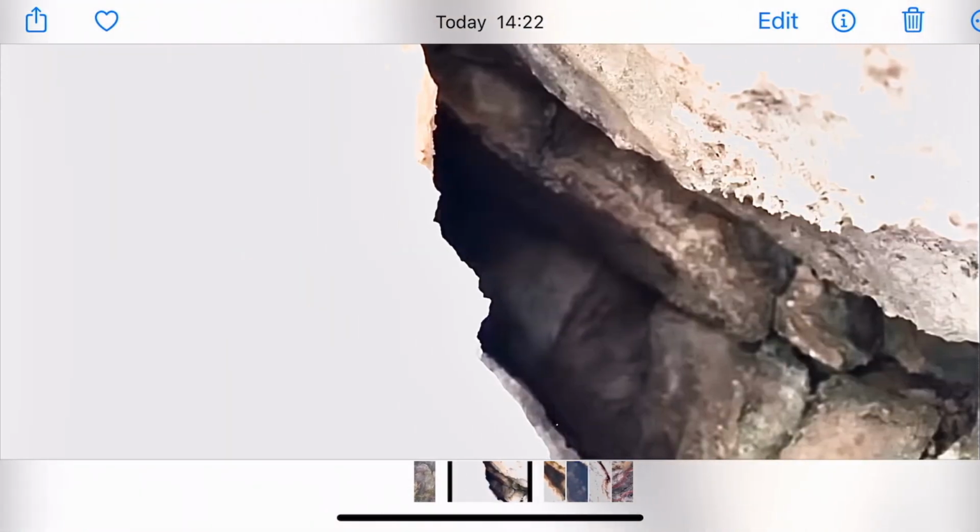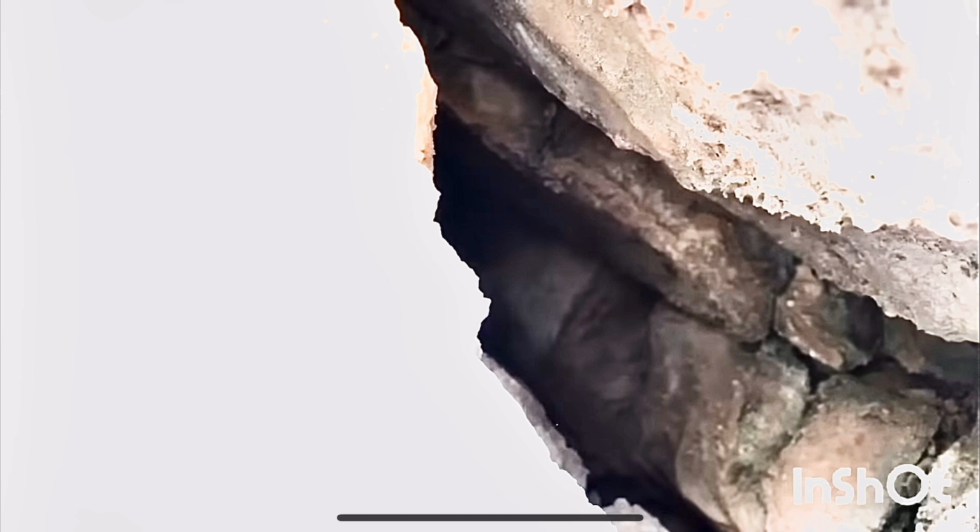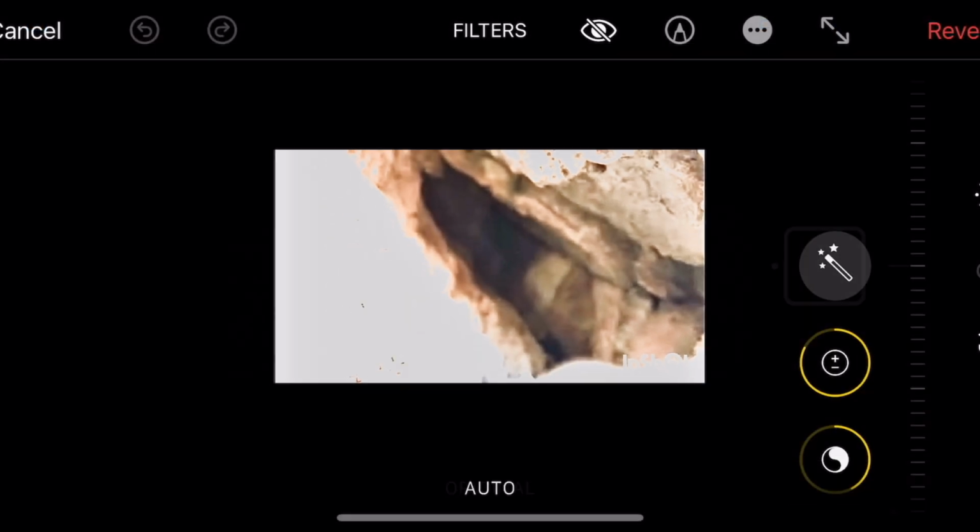Sometimes, like when we look at this one, it doesn't look like it goes in too far because the angle of it is pointing more towards the side of the wall. Whereas this one is head on, looking further within. The only problem is the focus isn't there. What I used to do in the past